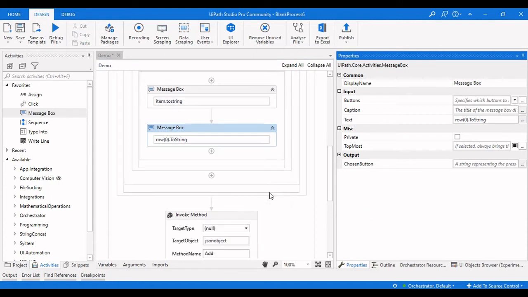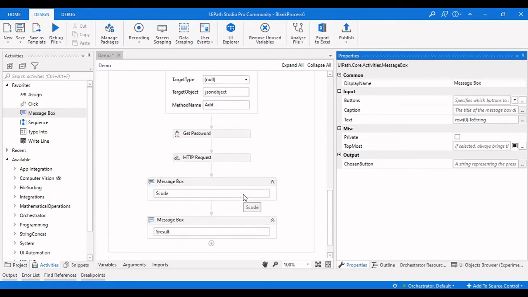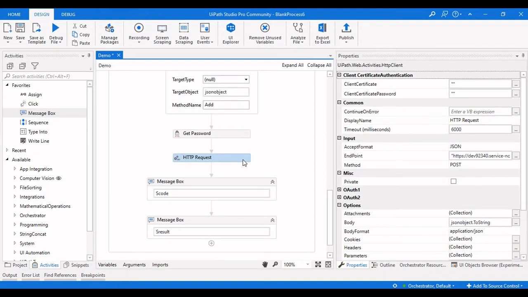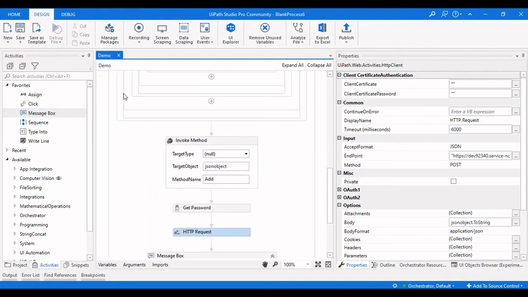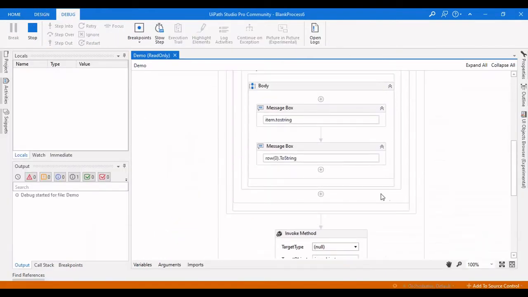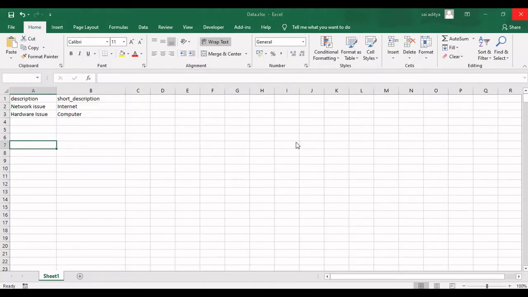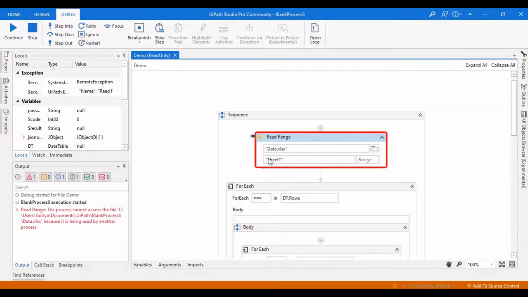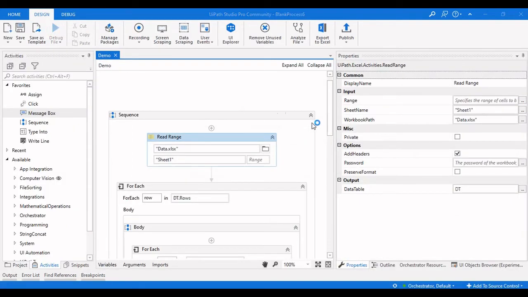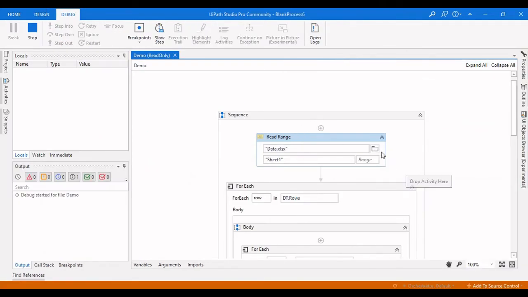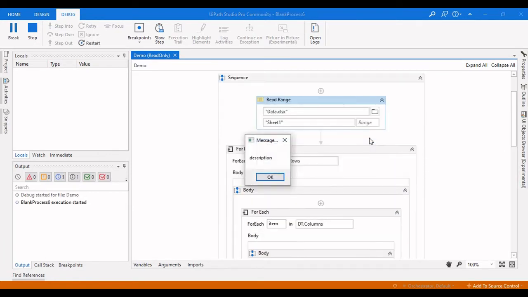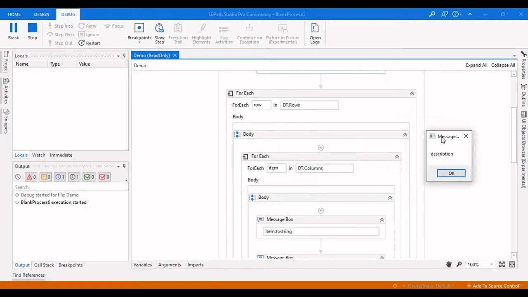Now let me run this and show you what is happening with those two for each loops. Here, we're going to read this Excel. So let me run this again. The Excel is open. So we're going to read this Excel file and create a data table from that, and we are iterating through each column name.